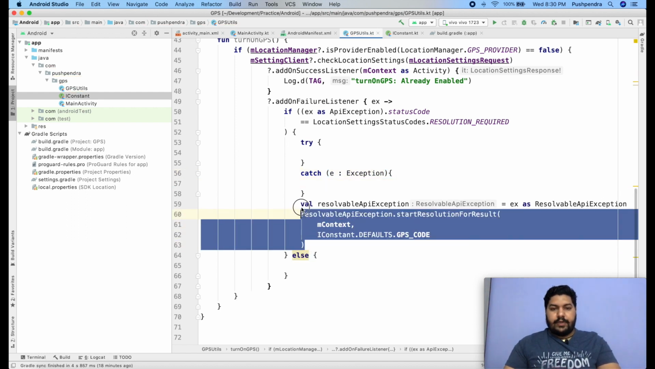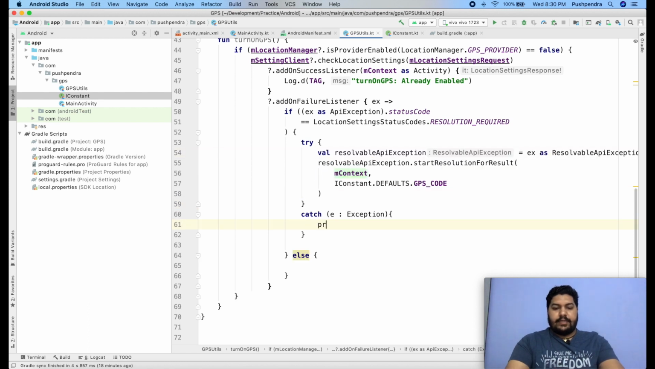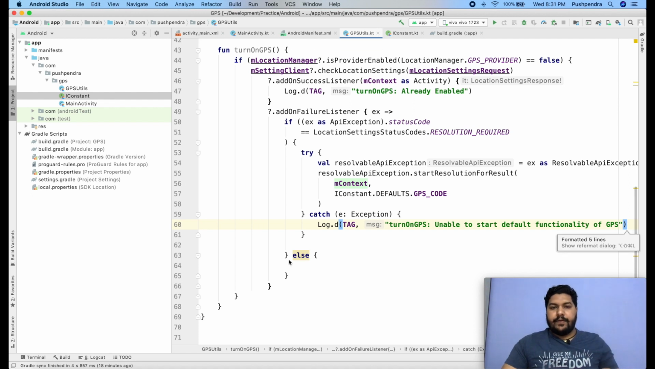Now I will put the entire code inside try, and here we can say print, or we can say log d, unable to start default functionality of GPS. Okay, after that we will come back to the else condition. I will put one